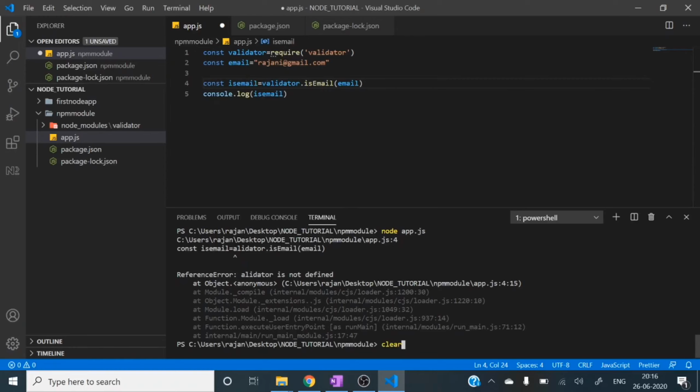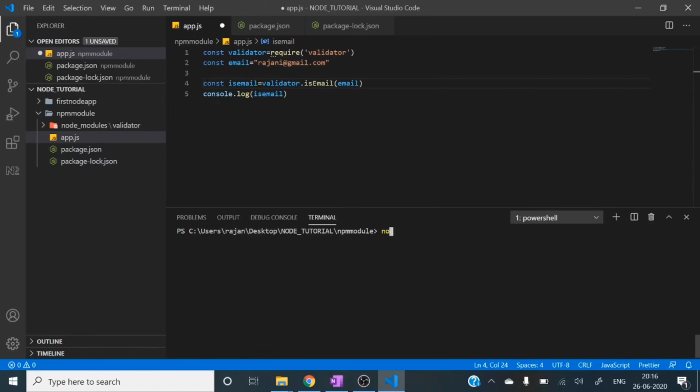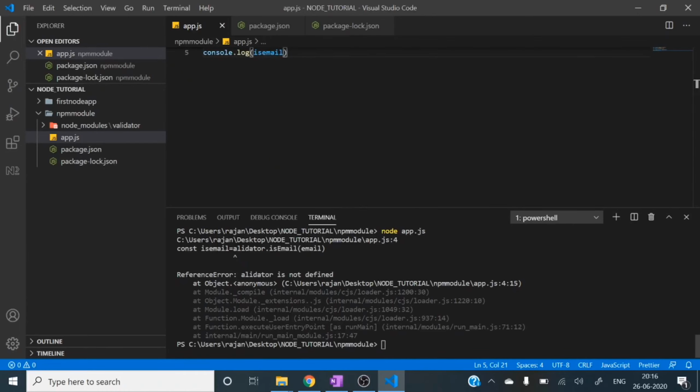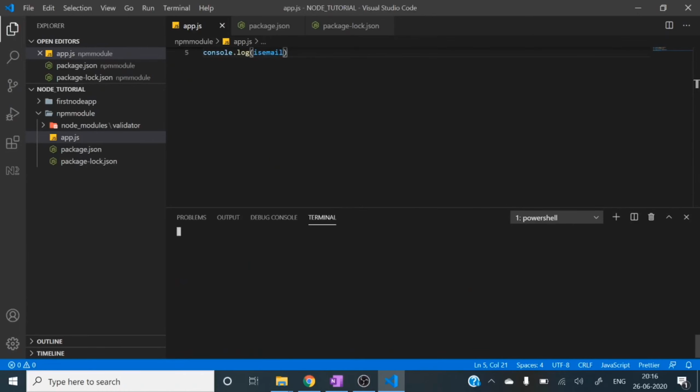Let me clear this screen. Node app.js. And we have not saved. Let me save this one. Now it's saved. Clear, node app.js. Just see, here it's coming true, right?